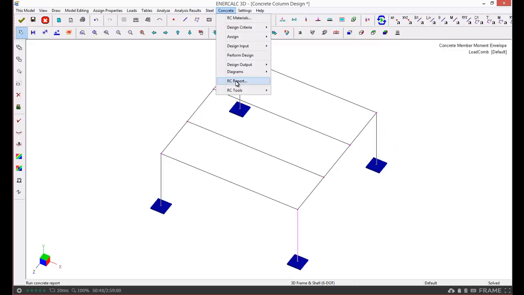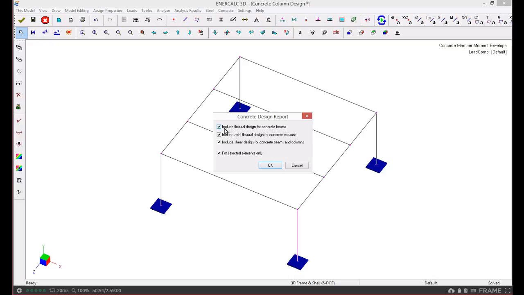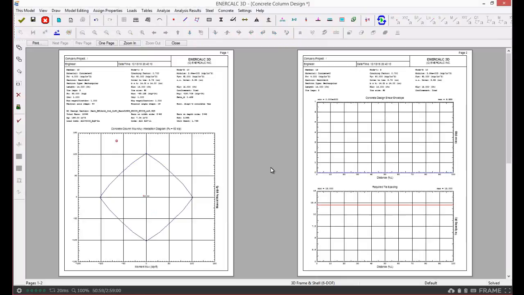The last thing that we'll look at is the reinforced concrete report. If I choose this item, first I can select which items I want to have included in the concrete design report. And then when I say OK, I can see what I'd be able to print for a report for this particular column. So as we can see, we have an interaction that's outside the diagram, and we saw that we had an overstress situation. This would be a case where I would need to go back and take a closer look at the